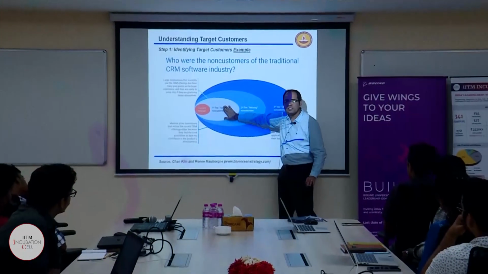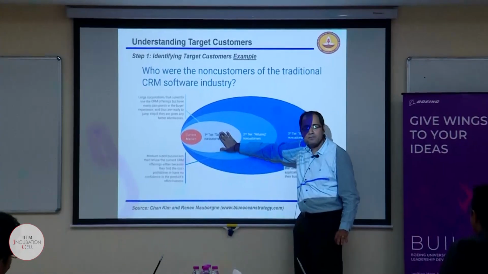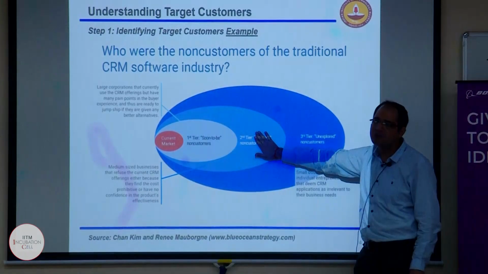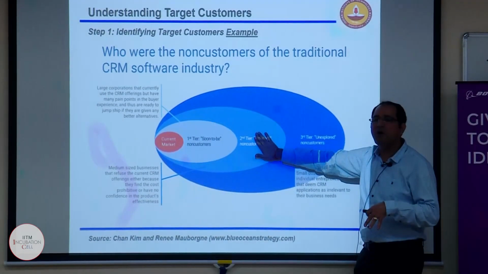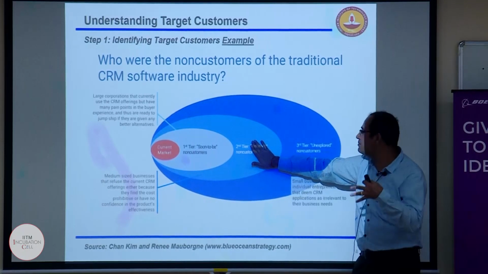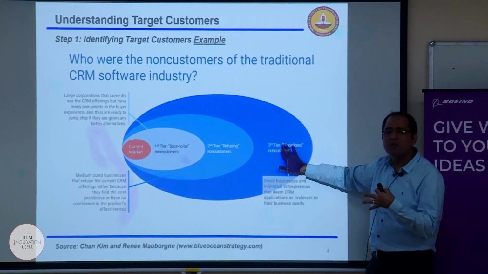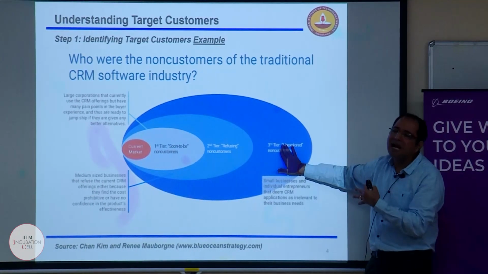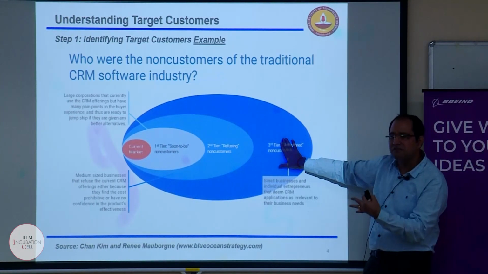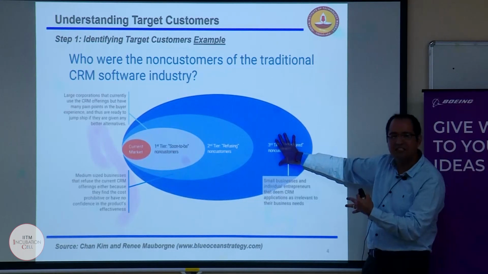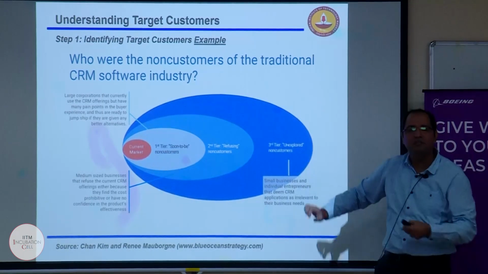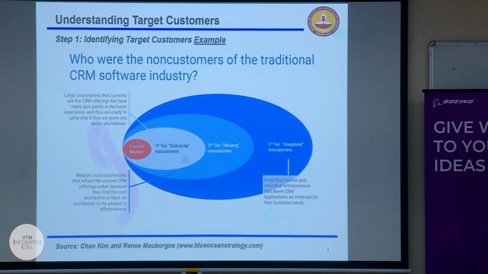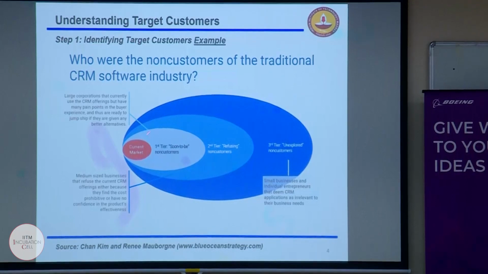These are the ones who are using it but are not happy, ready to jump ship. These are the ones who know the existing established offering, but refuse to buy because of complications, unaffordability, and problems. These are the small players who do not know about the established offering, and they are using simple, inexpensive methods, because the size is small for them. Right? Once we have this idea, which means we identify various types of customers,